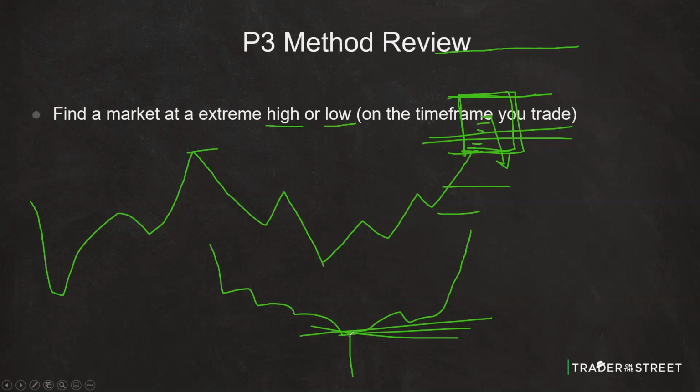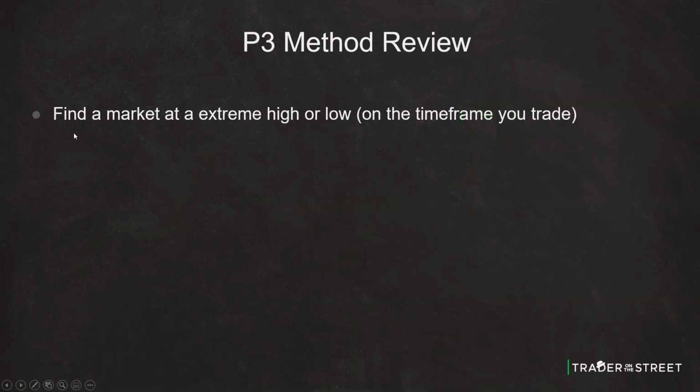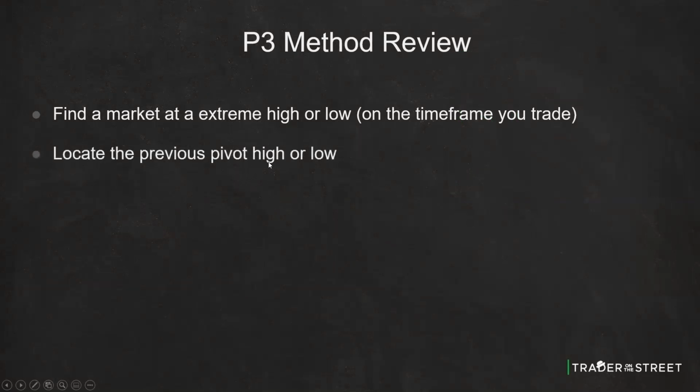And I do it on the low side too, build that price range down there. It doesn't matter what market, folks. It does not matter what market. Find a market that you like trading, find its price cycle, look at the pivot points, look at the support and resistance areas. When it comes to an extreme high or an extreme low on the time frame that you trade, you locate that previous pivot to find that range and say, okay, well, if it breaks that pivot, essentially finding that pivot that if I want to be a buyer, right,